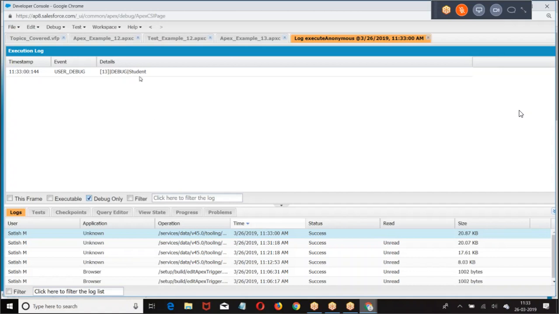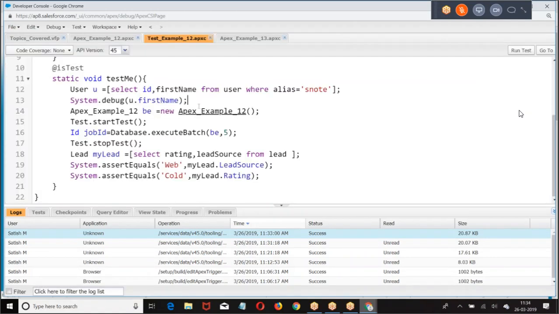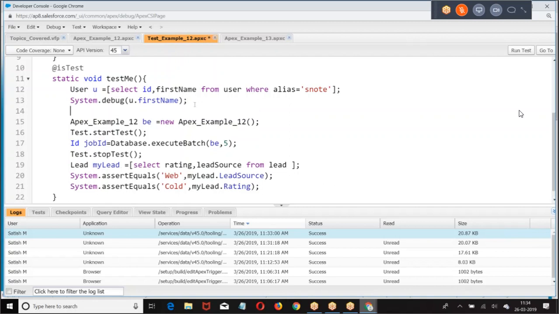Now I wrote a query here. What was the data here? Student. Same, I am writing a query here. Somebody asked me yesterday, because we wrote a program yesterday to update the owner. Then he asked me a question: you said the database is empty in the test class, but how are you getting the user? Now this is with respect to the objects. With respect to regular global objects like user and profile, this data can be fetched.